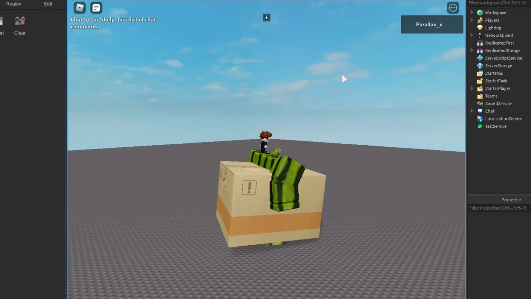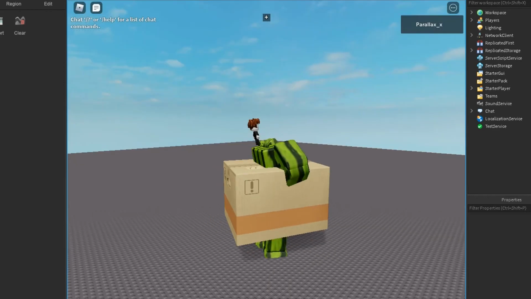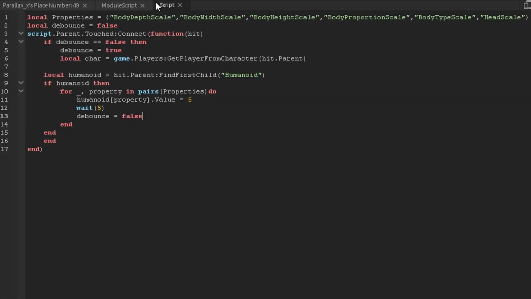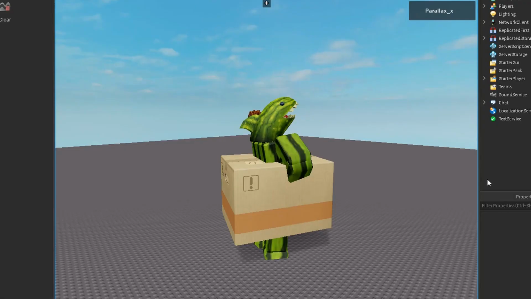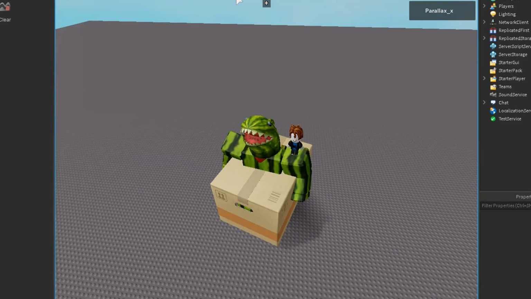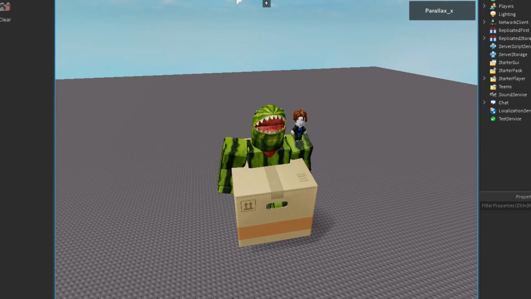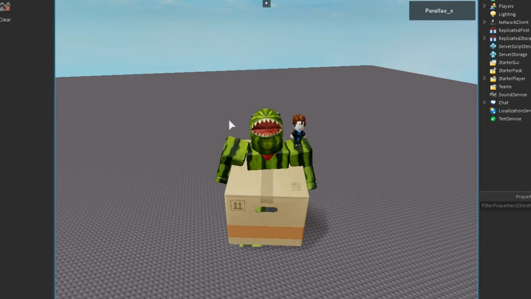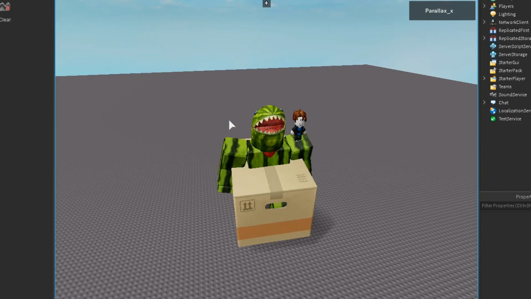I wonder why my head didn't get bigger. Did I mess something up in the script? Hold on. No, it looks right. Oh, there it is. It just took a bit. But there's the head scale. It's probably because I wasn't loaded in fully and the head scale didn't work. But it does work, so make sure